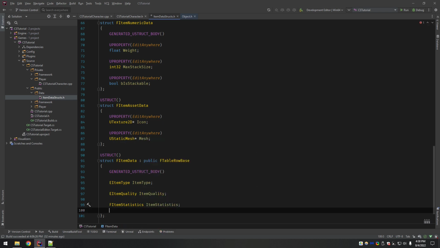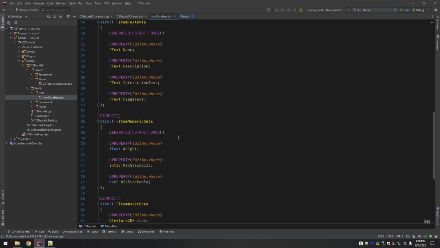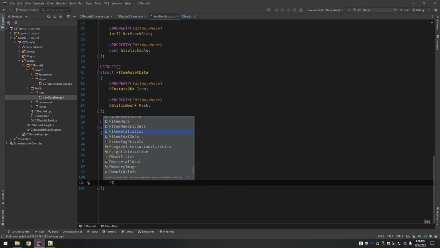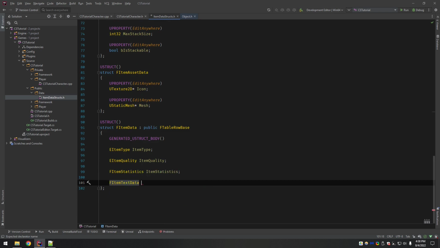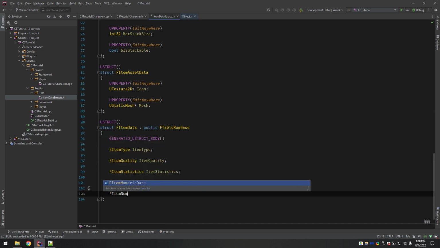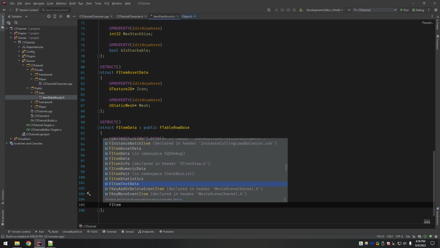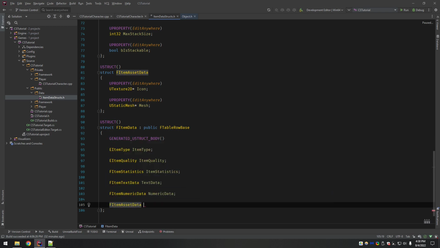I'll just keep the proper name. Text, numeric, and asset. F item asset data.